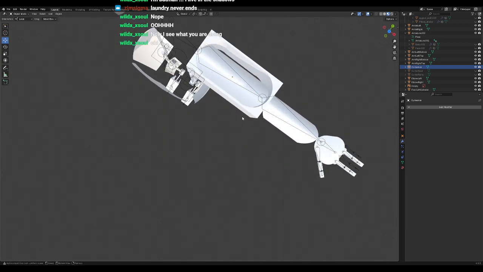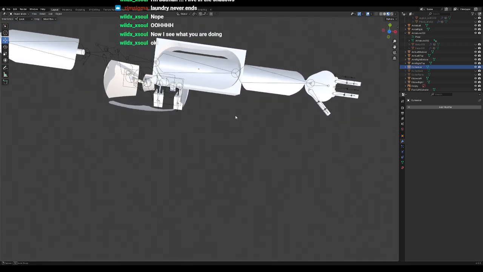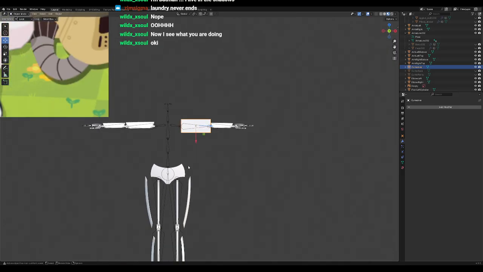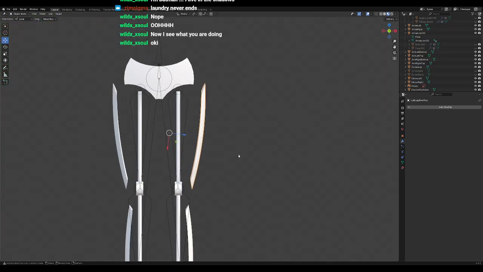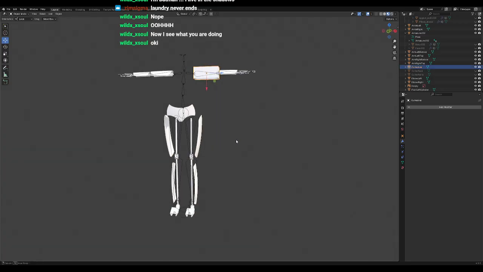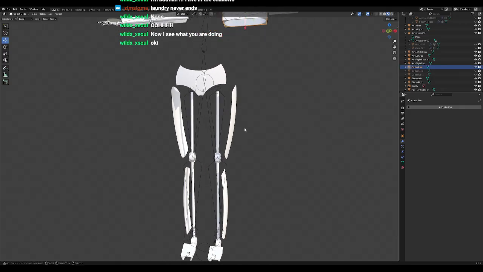I can just reuse this arm cutter. Although, oh no, the hand cutter had jagged edges. This one should be fine. No, I can't just reuse that for this because it's basically the same shape. So yeah, let's delete